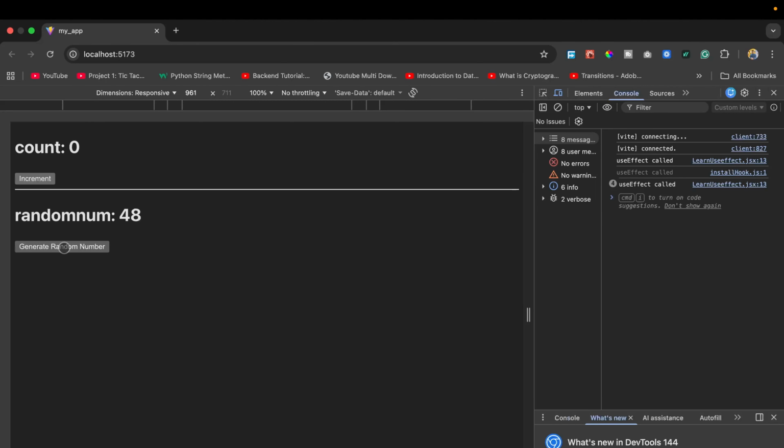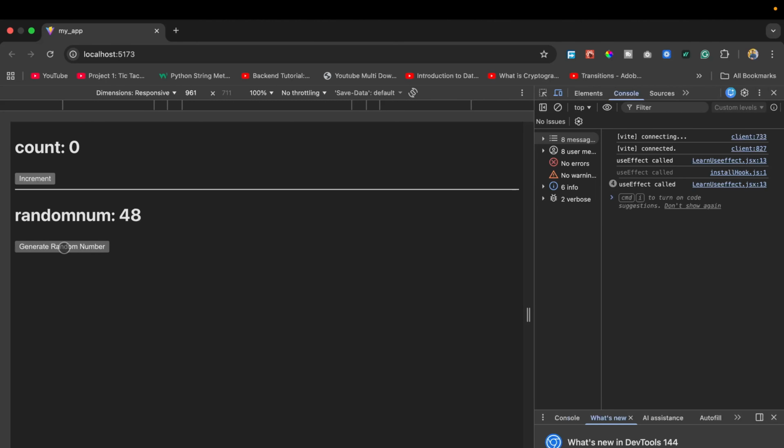Now if I change the state, it does not execute the function, because I passed an empty dependency array. In the dependency array, if I say that I use count,